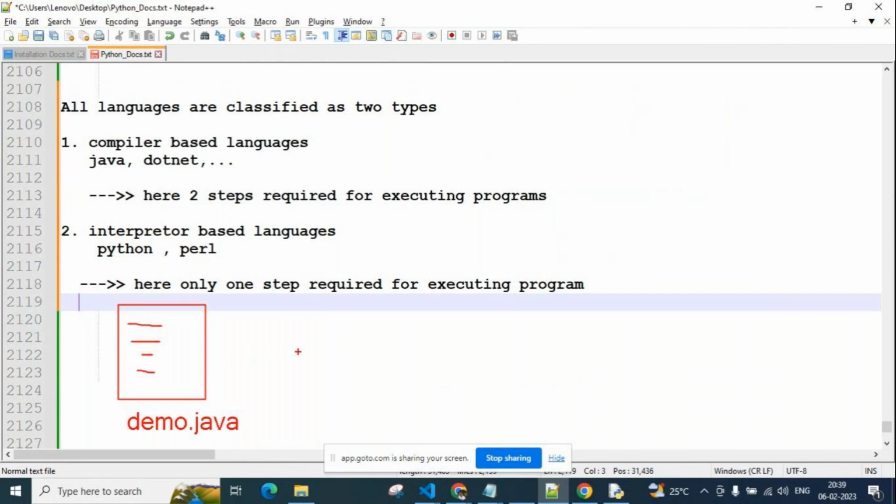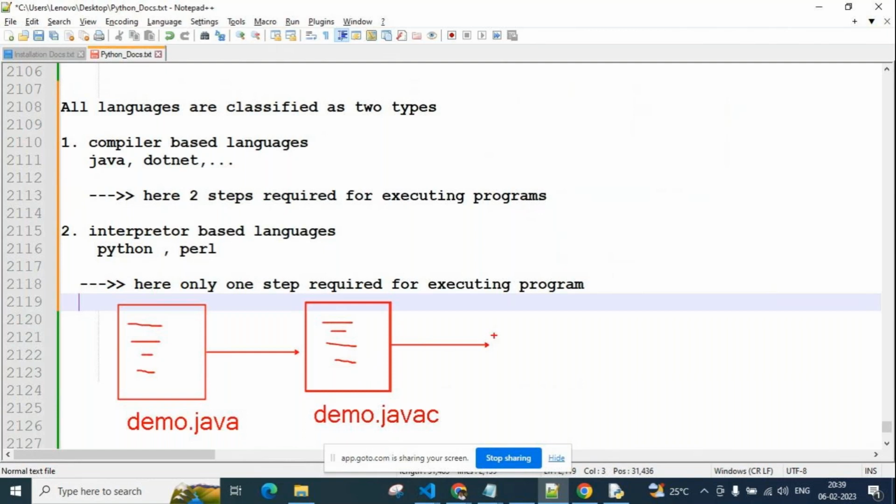After executing the compiler step, it creates demo.class. This is a compiled code, a zeros and ones format. There are no errors here, so this is ready for executing and returning output, guys.